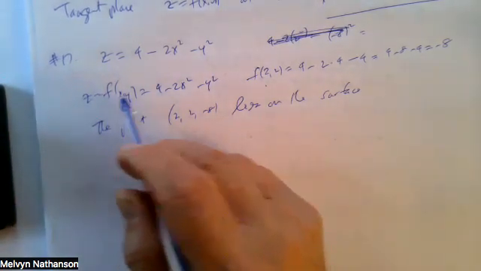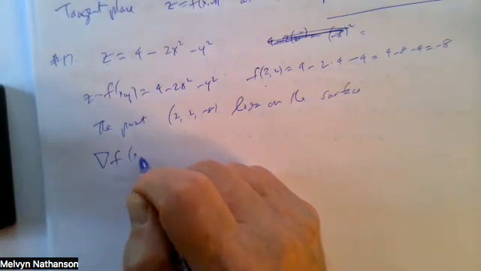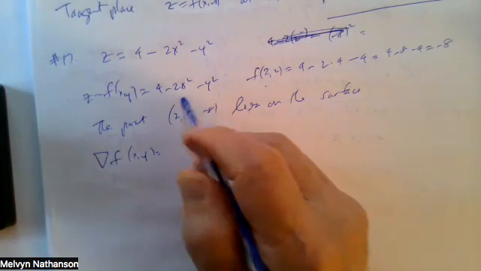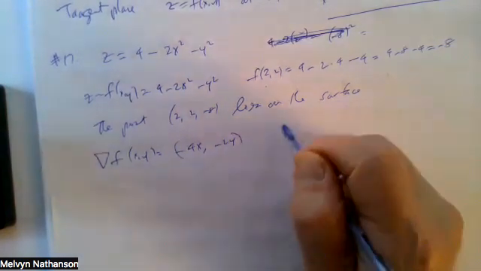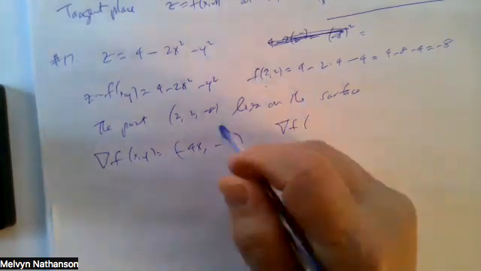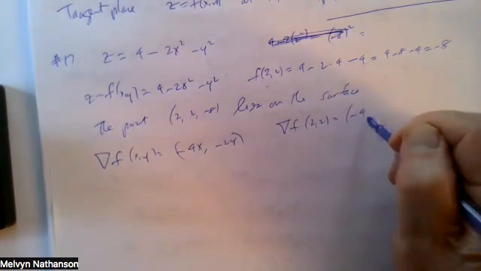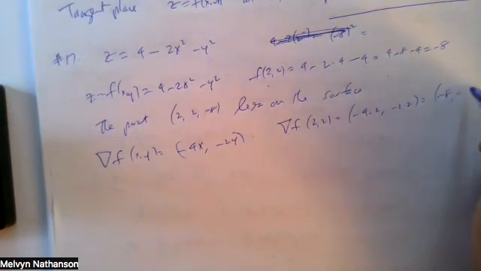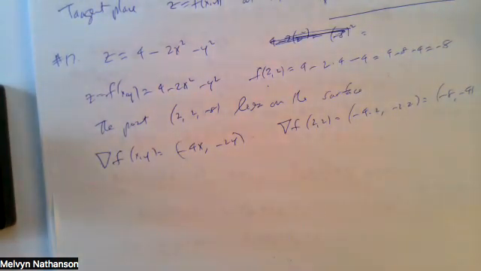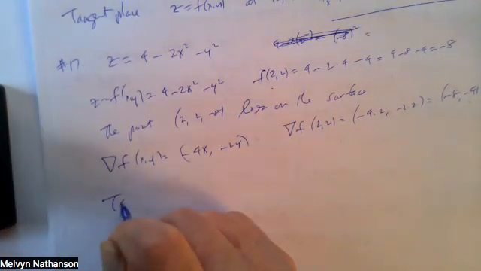For this function, the gradient of f is minus 4x, minus 2y. The gradient of f at (2, 2) is minus 4 times 2, minus 2 times 2. This is minus 8, minus 4. So these are the partial derivatives of f with respect to x and y at (a, b). So the tangent plane